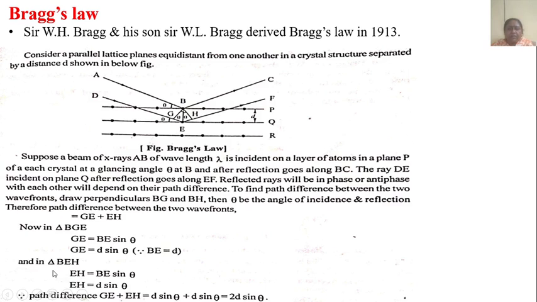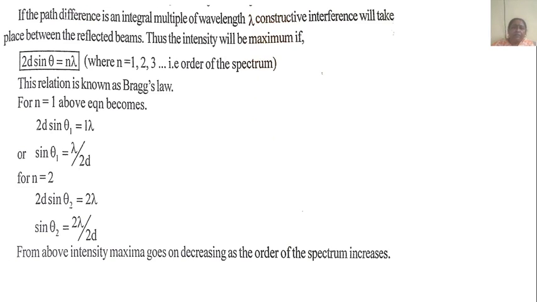In triangle BEH, EH equals BE sin theta, and therefore EH equals d sin theta. Now the path difference becomes GE plus EH equal to d sin theta plus d sin theta, that is equal to 2d sin theta. If the path difference is an integral multiple of wavelength lambda, constructive interference will take place between the reflected beams